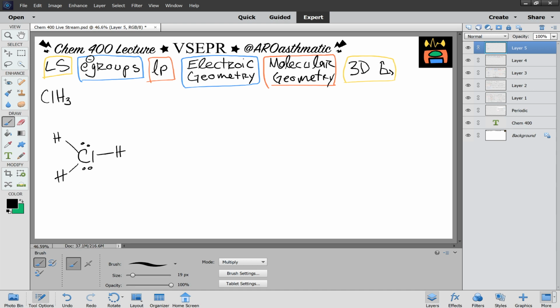We have 3 atoms and 2 lone pairs, so 5 electron groups, which means we are trigonal bipyramidal. Now, without looking at anything else, we can already start drawing the 3-dimensional structure,